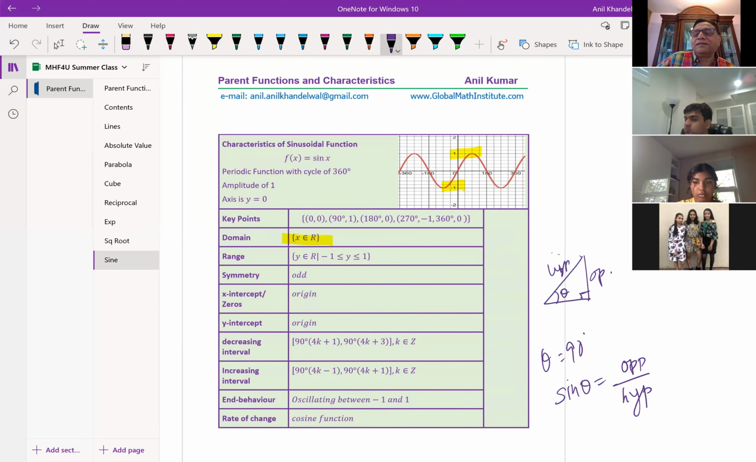If I keep on increasing, then it may become 1. Is it okay? In a circle, that is how the circle is. So if I have a circle, in that case, you will notice that